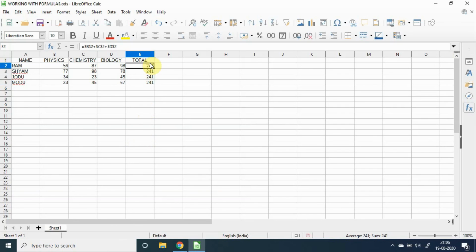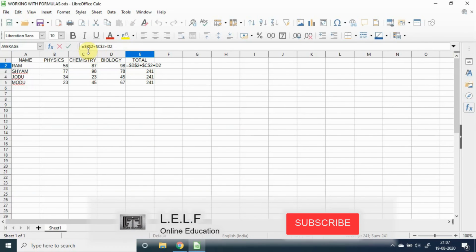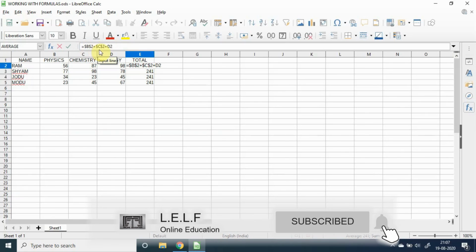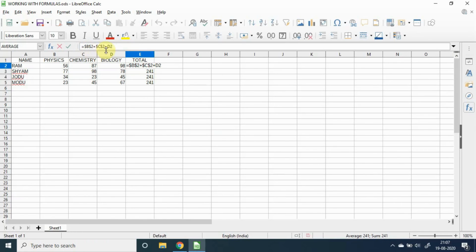Suppose in this formula, if we remove the dollar sign from the cell address D2, then we can see that this part of the formula is absolutely referenced and this part of the formula is relatively referenced, and the whole formula becomes an example of mixed cell referencing.